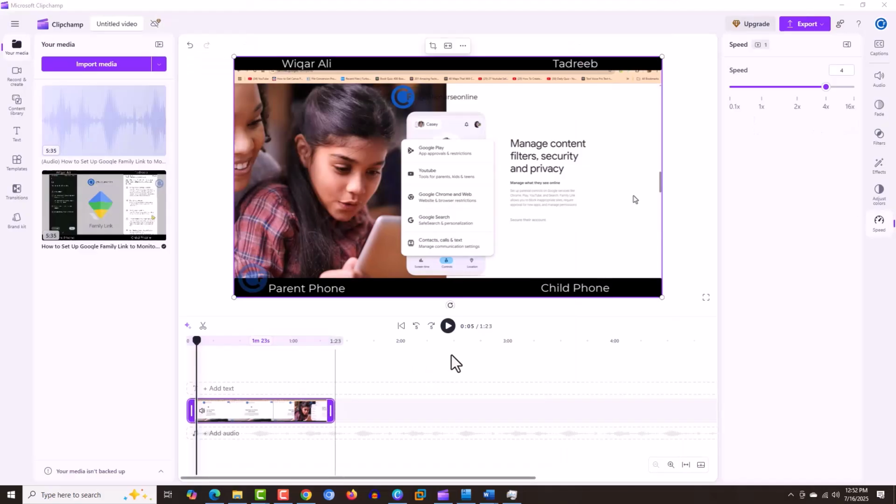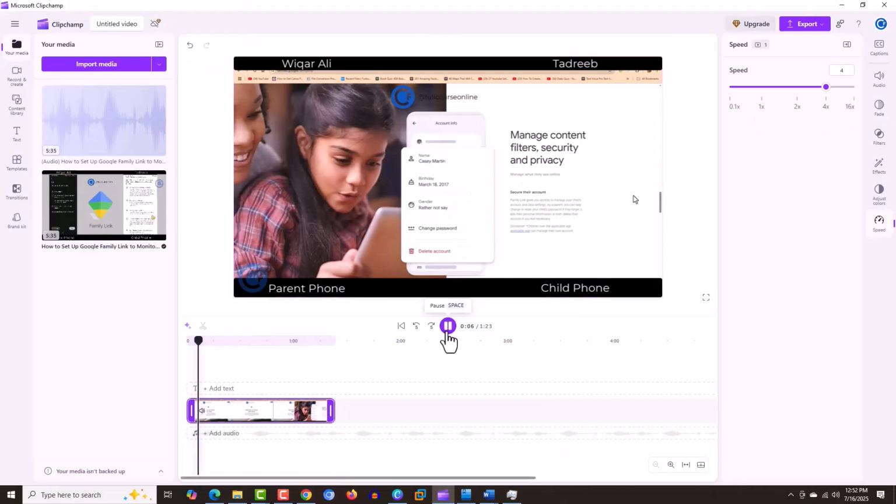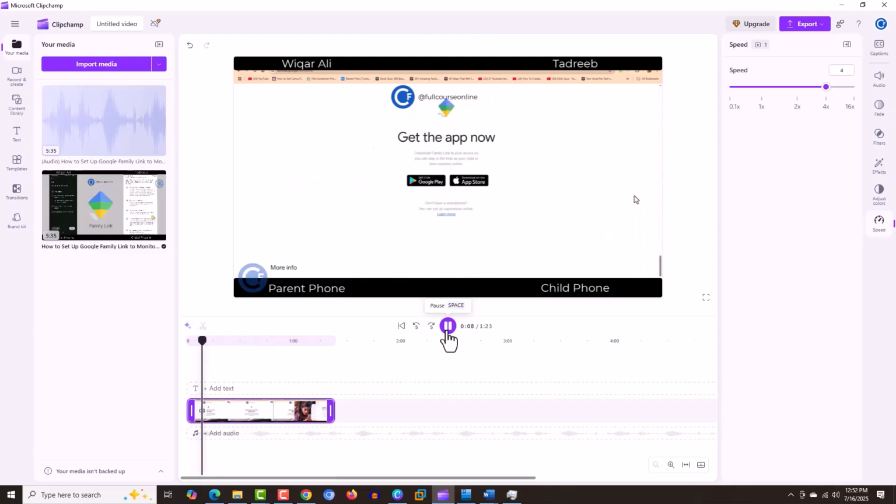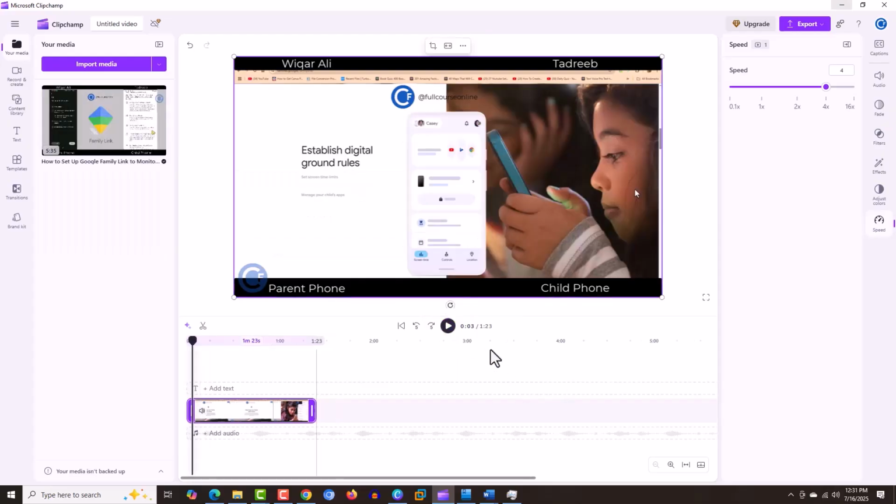Now play the clip. You can manage AC online and secure your accounts. You can trace the location, see where they are, and get notifications about that. The app is available for both iPhone and